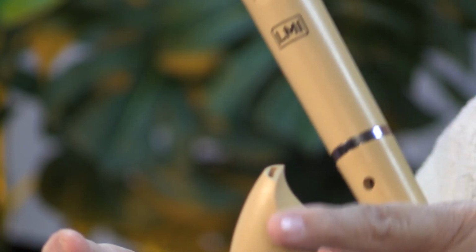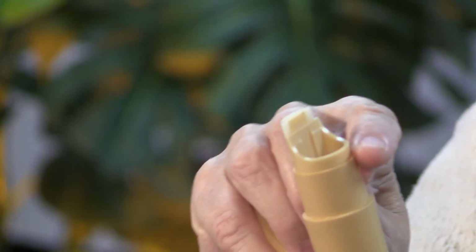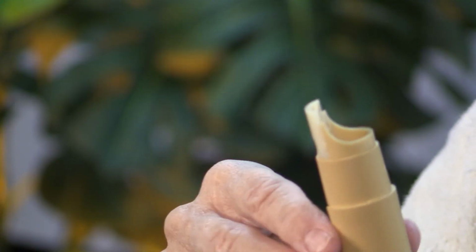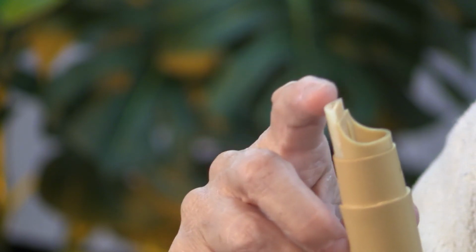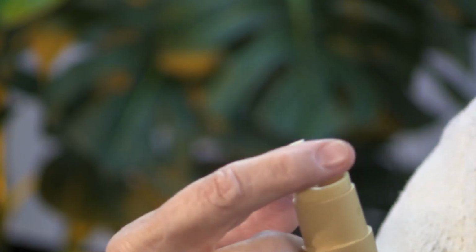And you can see that round part, how it goes down a little and then it kind of flattens out. This is exactly what this Fipple does. It's right here, and then it goes around and it flattens out. Yeah, I can see it better there. It goes down here, and then it kind of takes a curve, and it flattens out. This fits right on top of it. And it's supposed to be solid, and it's supposed to stay there. For some reason, this has loosened up, so I won't play this instrument again, but in a way, I'm glad